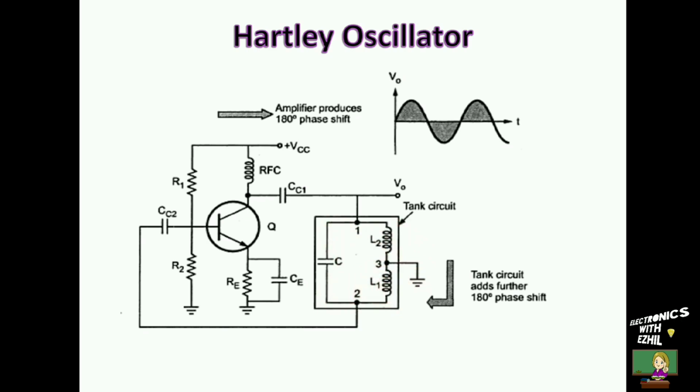Now, the magnetic field starts collapsing. As per Lenz's law, a back EMF will be introduced, which charges the capacitor with reverse polarity. When the capacitor is completely charged, the magnetic energy is converted into electrostatic energy. Now the capacitor once again starts discharging through the inductors, but the direction of the current is opposite to that of the direction of the current earlier. Once it is completely discharged, electrostatic energy is converted into magnetic energy. This process repeats. Thus, charging of capacitor with alternate polarity and discharging produces alternating current, but the amplitude of the